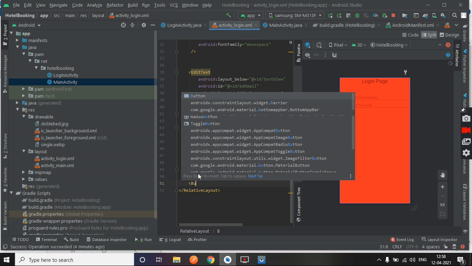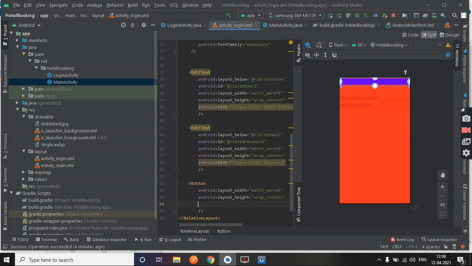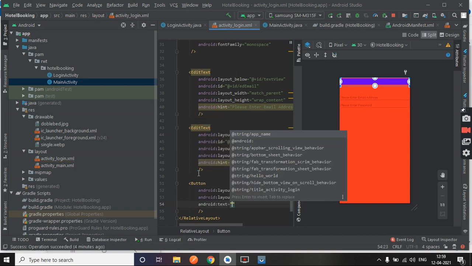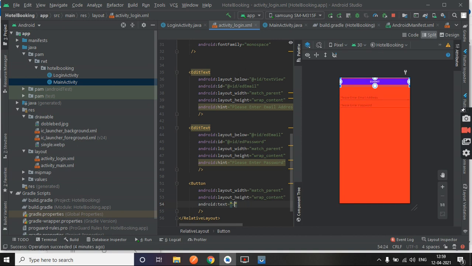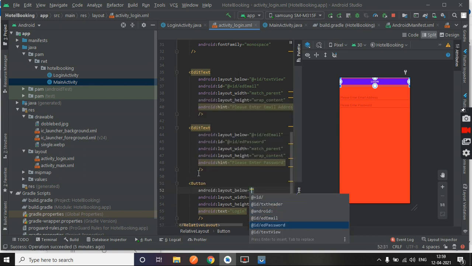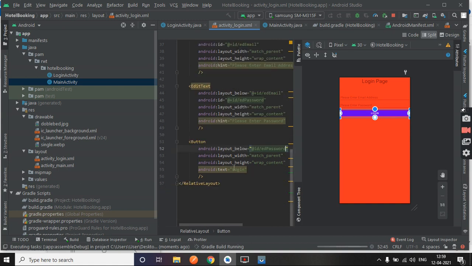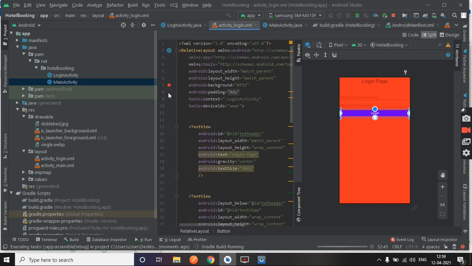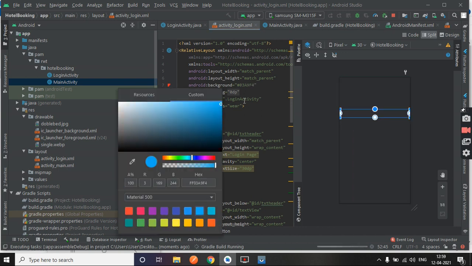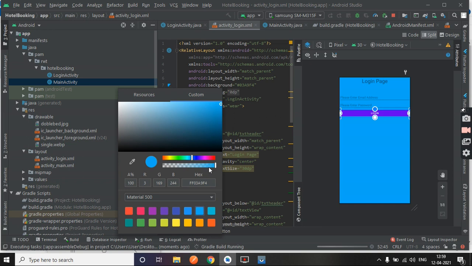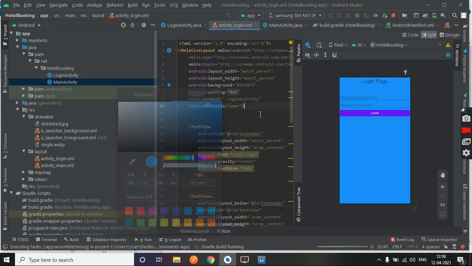And a submit button below that. Match parent, wrap content, text should be submit or login, and it will be below password field. Okay, so we are going to launch this. Red color not looking good, so we can change it to this one, dark. Okay,